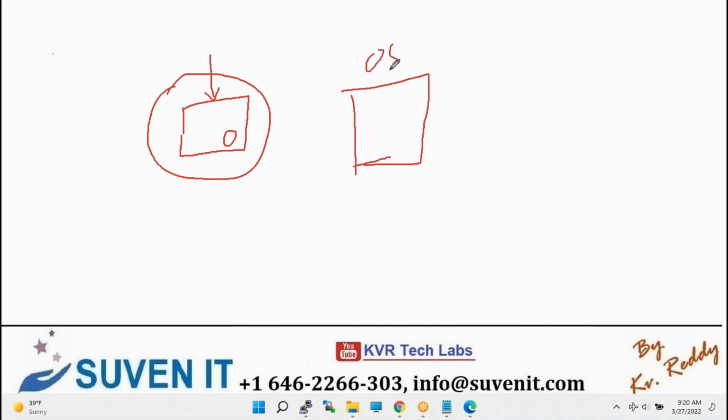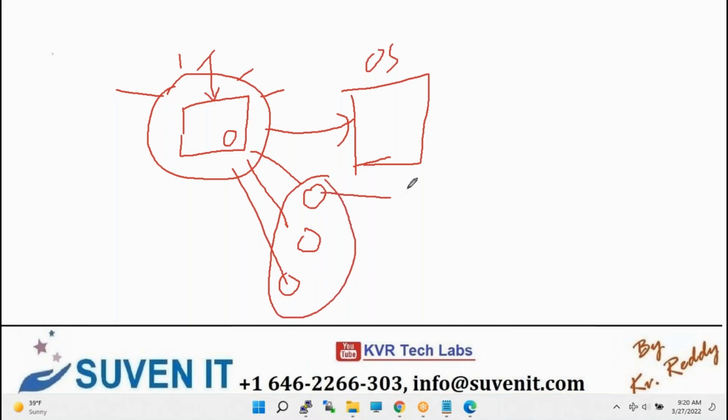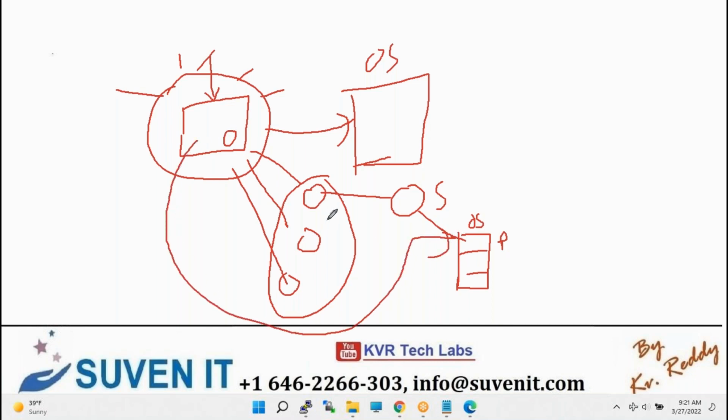The operating system is sitting on the hard disk, but the system has not even come to the operating system level. The first BIOS level only tests whether all components are connected properly, and then it identifies how many hard disks are in your system and which hard disk has the operating system. In this hard disk there are partitions like C drive, D drive, and the BIOS identifies which partition has the operating system,